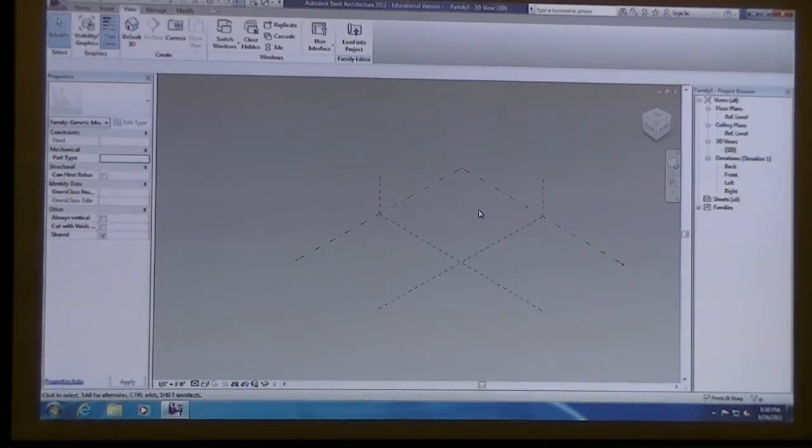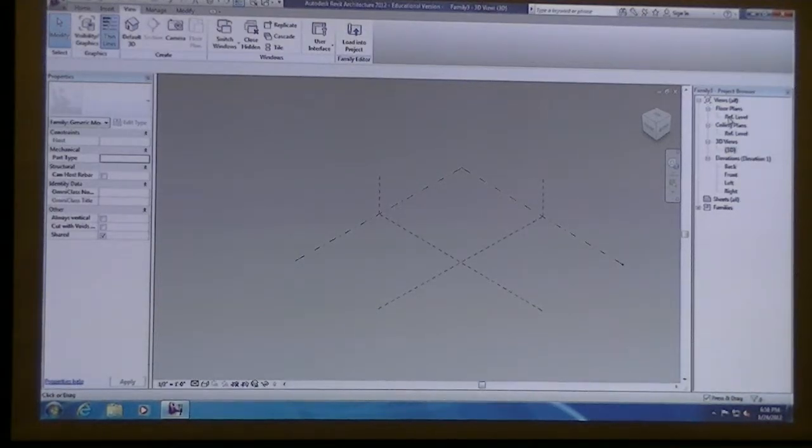And that's why it's called adaptive. So as you place this component over and over again, it's going to constantly change depending on its placement to the other geometry. It'll make more sense once we just do it.